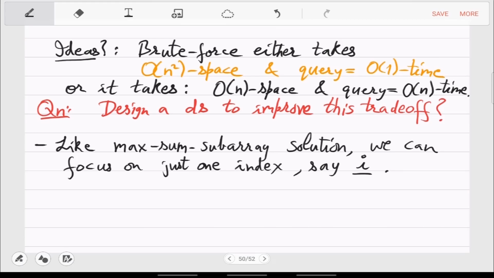We focused on j and we calculated this array S of j, the array S which will store the value S of j, which basically stored the maximum subarray ending at j. Right, so we can start with that idea here. But it doesn't seem to help directly. We can't think of an array here which gives us the advantages that S gave us there, the array S,